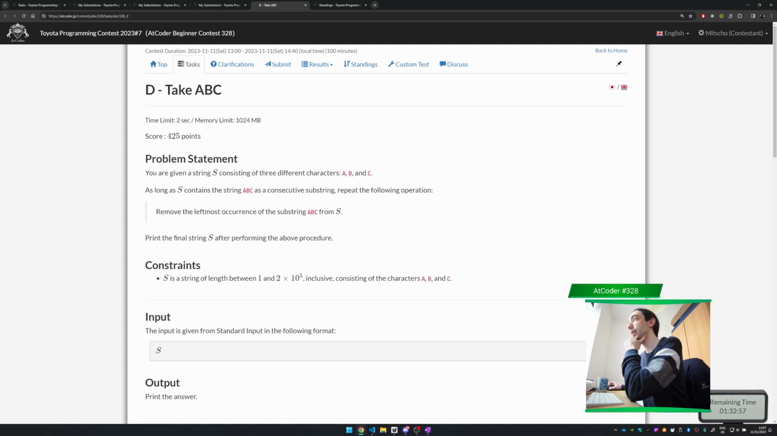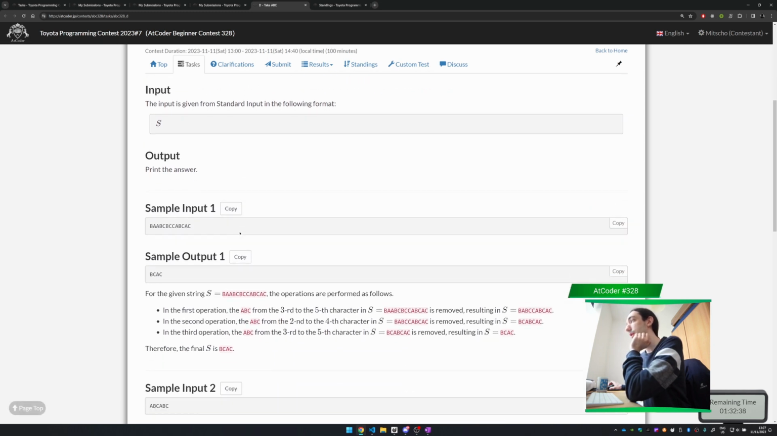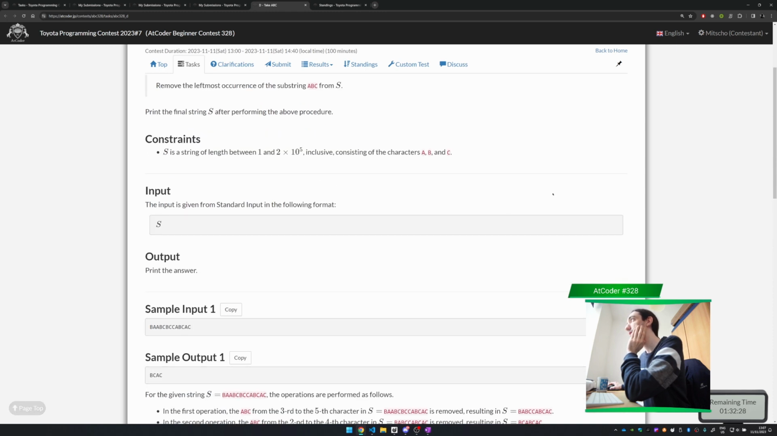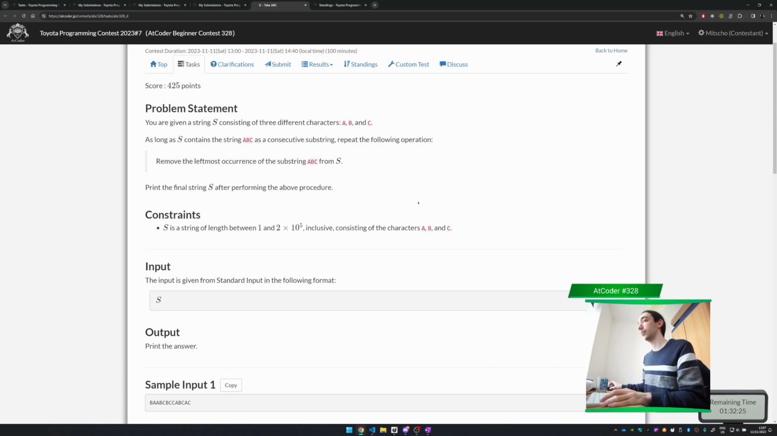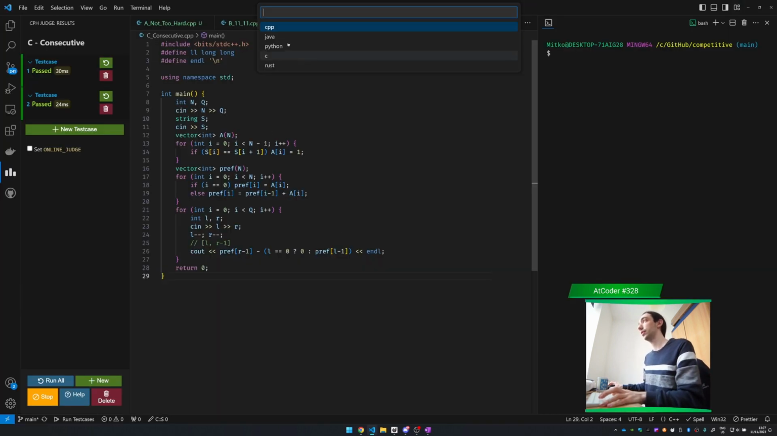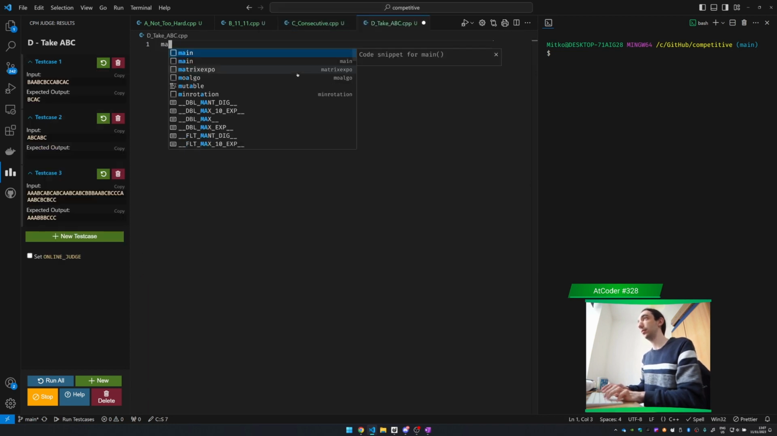Okay, problem D. You're given a string S consisting of 3 different letters. As long as S contains the string ABC as a consecutive substring, repeat the following operation: remove the leftmost occurrence of the string ABC. Print the final string after performing the procedure. As soon as we find the leftmost occurrence, we just remove it and do this all the time, because the leftmost occurrence will always be